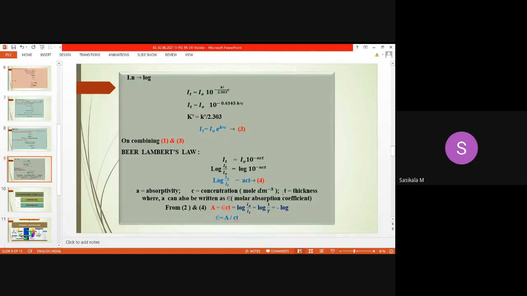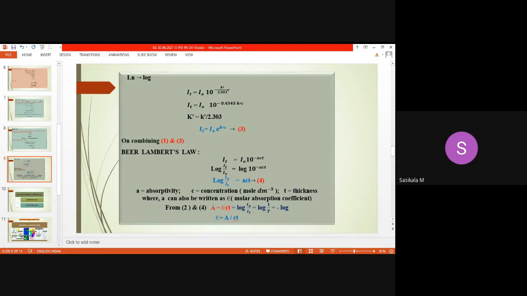After dilution, you should have taken some concentration, no? So that is called C. In microgram per ml or milligram per ml, you should have taken the sample. Concentration range, microgram to milligram. So that concentration is mentioned here to calculate the actual absorbance. And absorbance is read from the instrumental method.